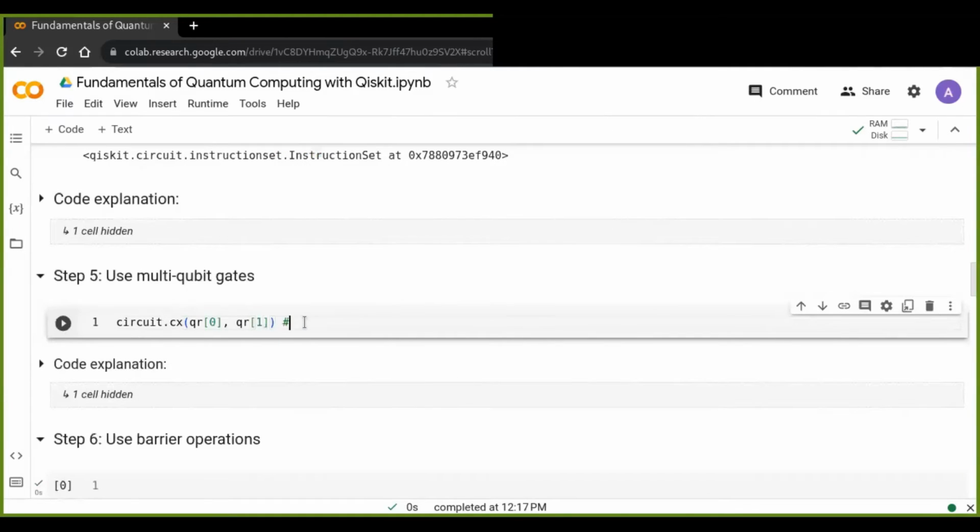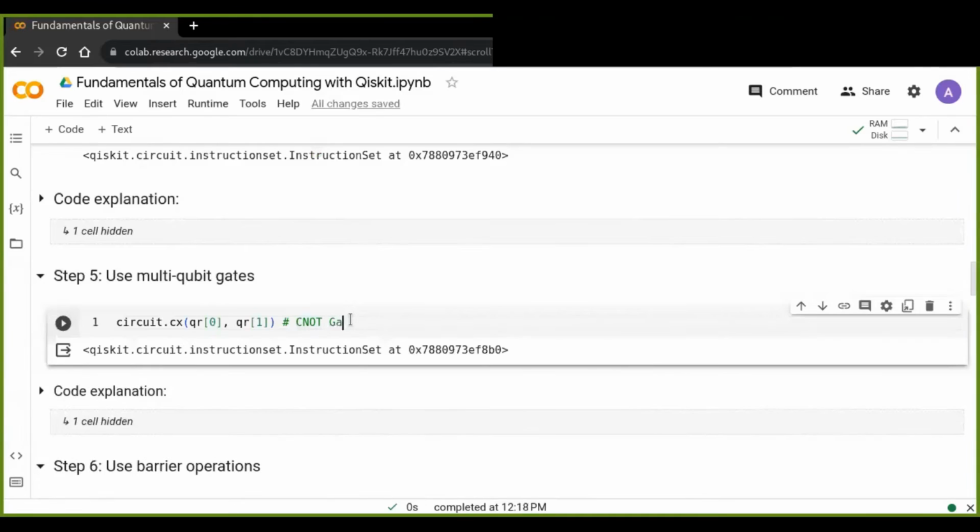So this is called the CNOT, controlled NOT gate. So this applies a controlled NOT gate to the qubits stored in the quantum register at position 0 and position